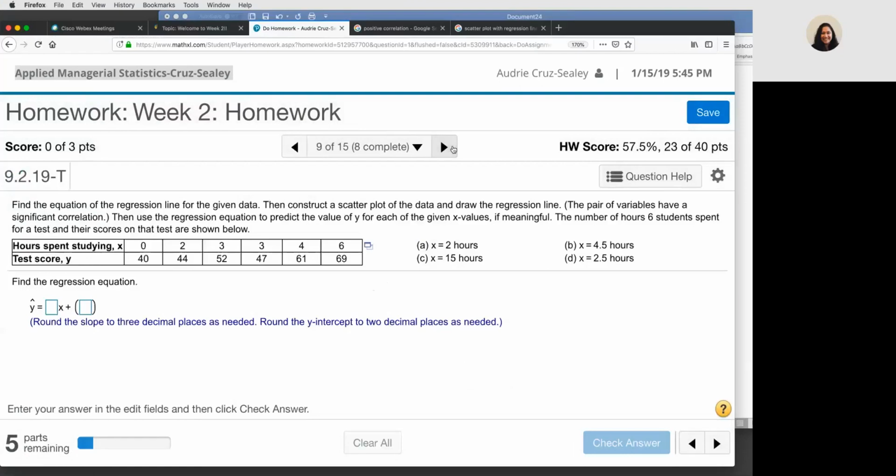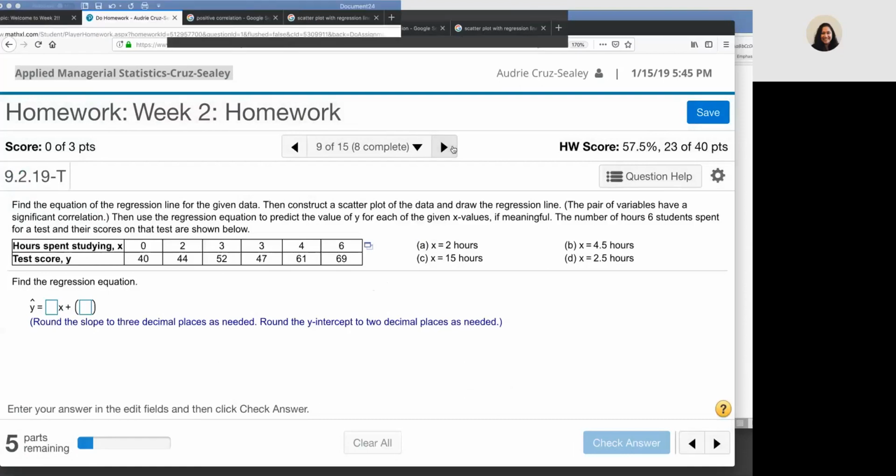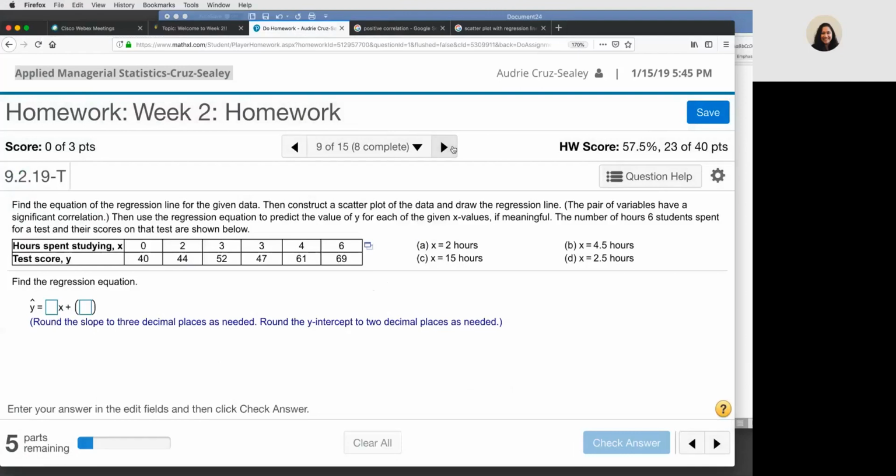So on the previous question, they gave us the regression line, and they said for us to match it with the equation. So now what they're doing is they're giving us data, and with this data, they're asking us to come up with a regression line. Now, if you look through your notes, and I don't even know how they explain it here,